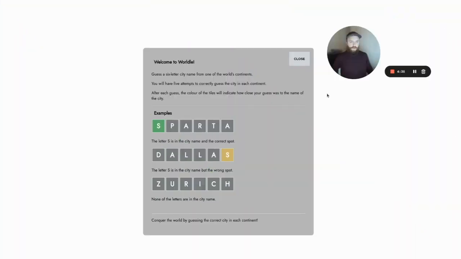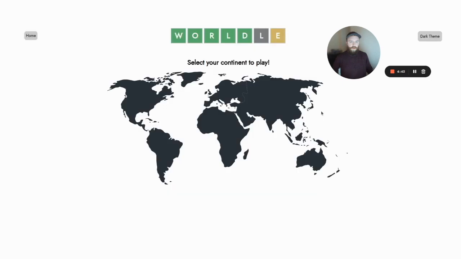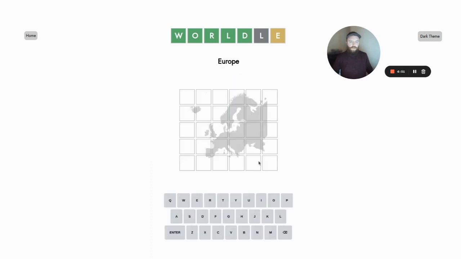So when the app first loads, it will render this pop-up that contains instructions and examples of how to play the game. You can close this pop-up, and then you're back to the home page and you can select a continent to play. So for this example, I will select Europe. And as I mentioned earlier, it will then generate the game for Europe and give you a city based on that continent. And I will make my first guess,